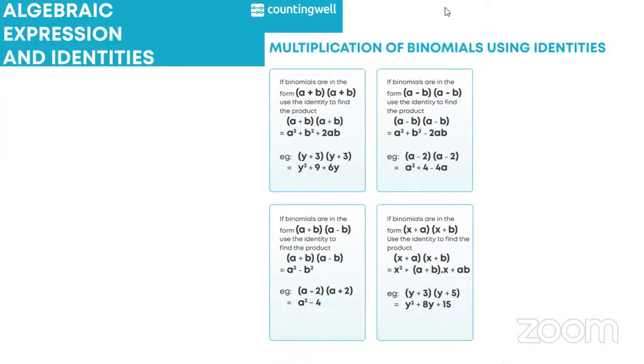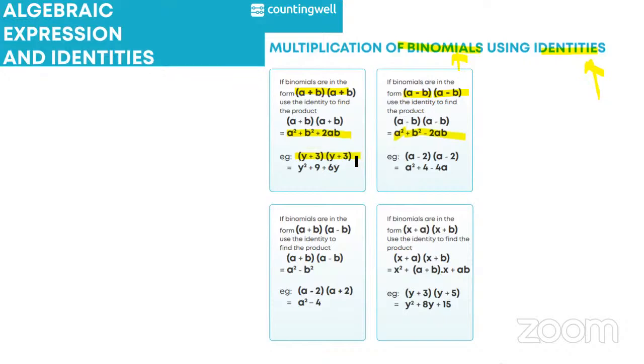Now let us see how we can multiply binomials using identities. Note that binomials can be multiplied using identities. So here we have some identities. (a plus b) into (a plus b) will give you a square plus b square plus 2ab. (a minus b) into (a minus b), which is (a minus b) whole square, will give you a square plus b square minus 2ab. So if you have (y plus 3), the sum of two terms multiplied by the sum of the two terms,